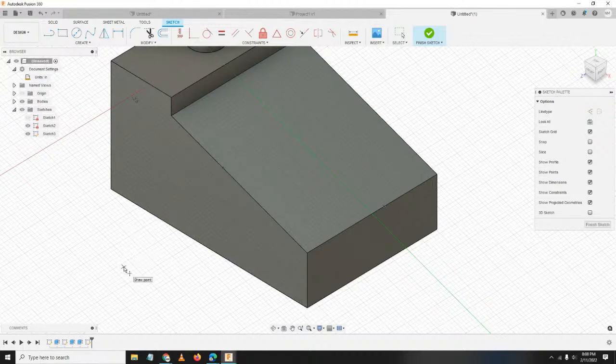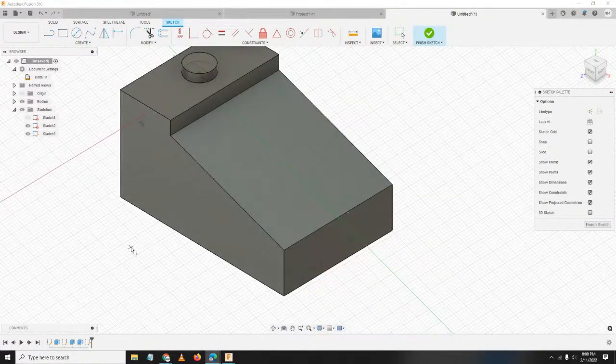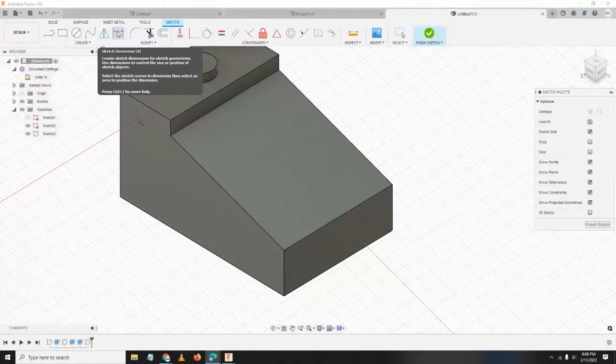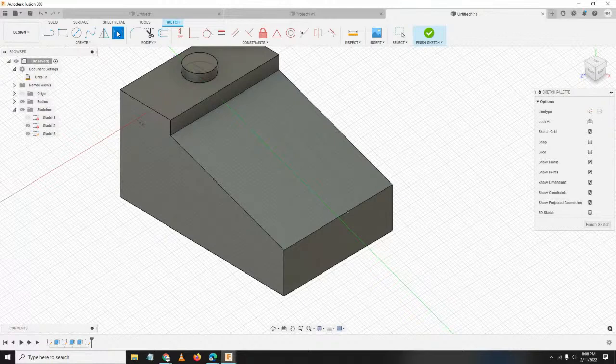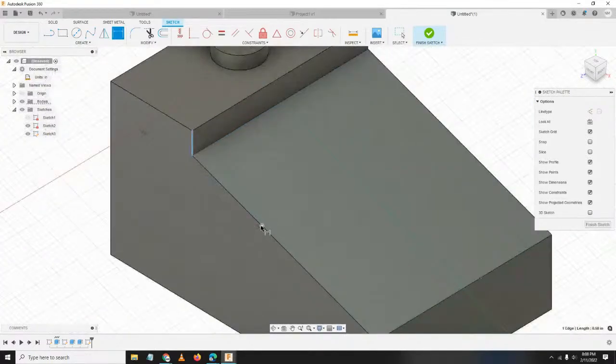Okay? So, let's now add dimension. Press D, the shortcut key for dimension, or here, sketch constraints, sketch dimension. Selecting this line and this point. This point and this line. Ayun.